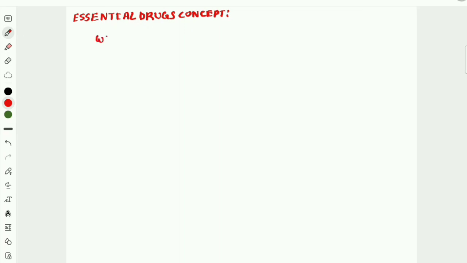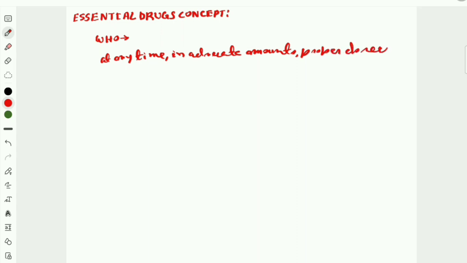So the World Health Organization, or WHO, has defined essential drugs as those medicines which satisfy the healthcare needs of the population. These essential medicines should be selected on the basis of public relevance, comparative cost effectiveness, and adequate data on safety and efficacy. These essential medicines should be available in the healthcare facility at any time, in adequate amounts, at proper dose forms, with adequate information on quality and safety,